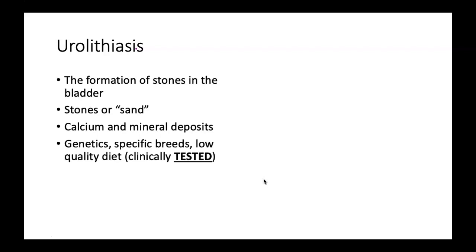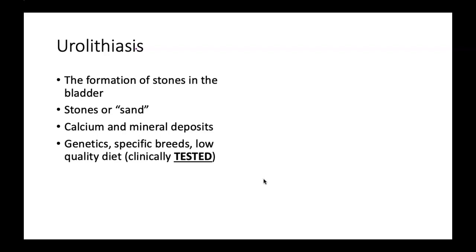If an animal's parent routinely had issues with bladder stones, then I would probably not breed that dog or cat. Specific breeds can get bladder stones and bladder crystals. Dalmatians are one of the number one most common dogs. Almost all of them get bladder stones and bladder crystals, as well as schnauzers, very common in schnauzers,